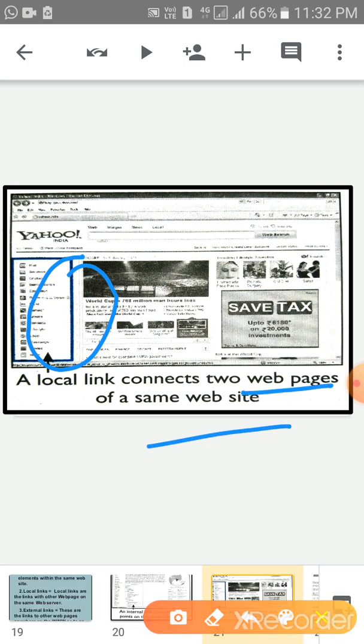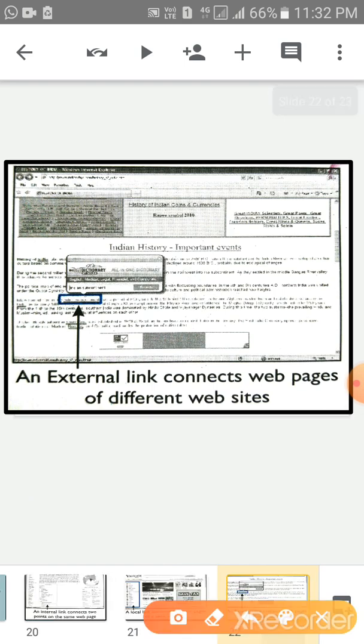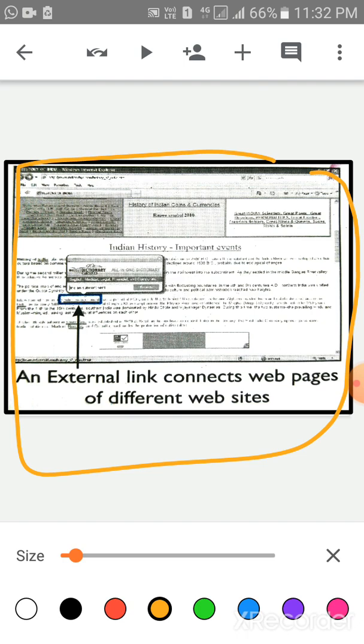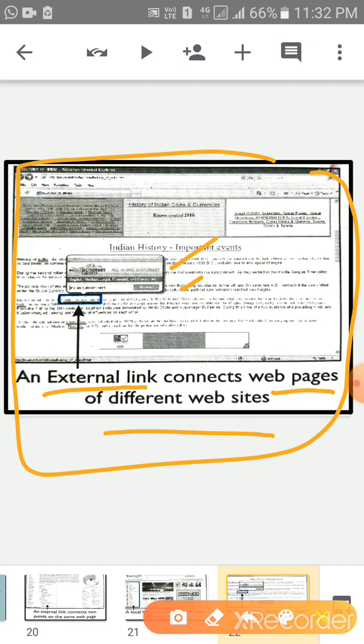Okay. Now the next link, you can see on your screen: an external link connects two web pages of different websites. Okay, these are the three links.